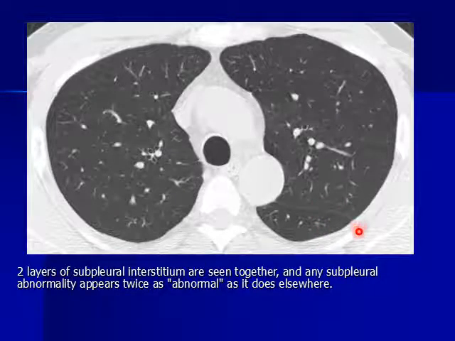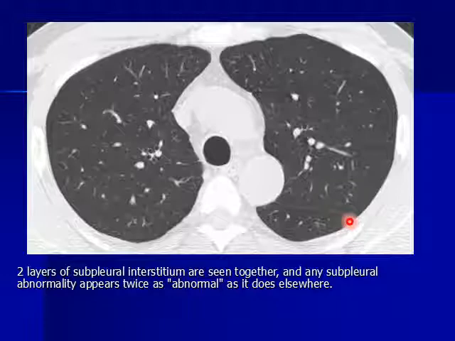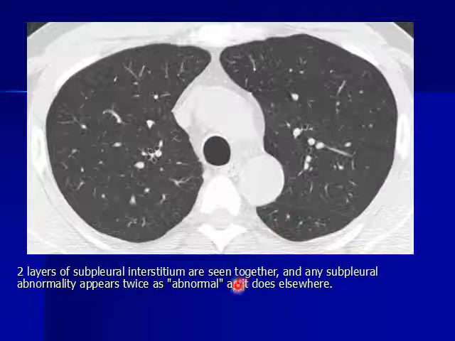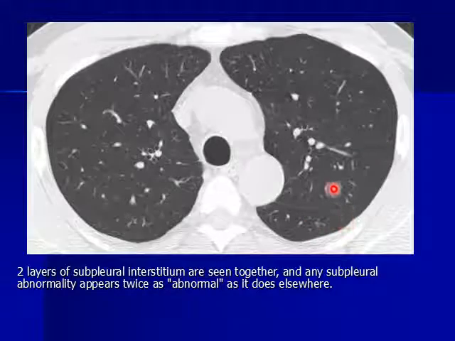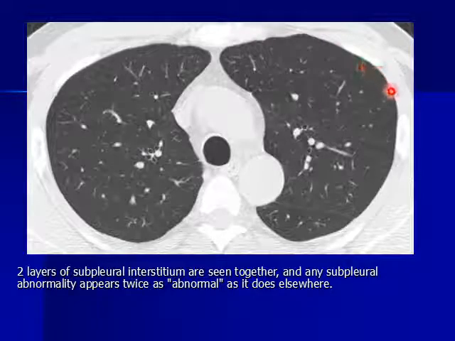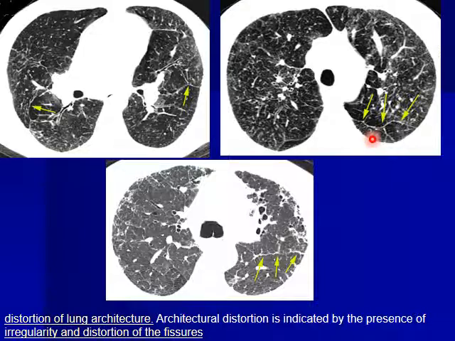In the previous part of this lecture, we told you that a normal fissure should be less than 1 millimeter thickness, smooth, well-defined, and as you see, regular in shape. We use the fissure because this is the area where we can comment on the pleura, but in some cases we can see the pleura in this extended window view. It has the same differential diagnosis. It could be irregular like this, it could be beaded, irregular, denoting that we have distortion of the lung parenchyma, and